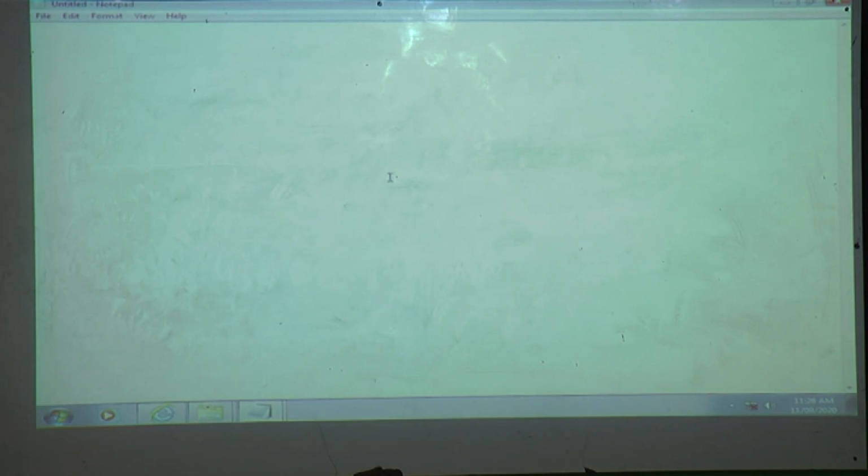If you want to write ABCD, then which button must we use for writing ABCD? Keyboard has different buttons. Which buttons does the keyboard have? Different types of keys: alphabet keys, number keys, then function keys, arrow keys, and last one is special keys.